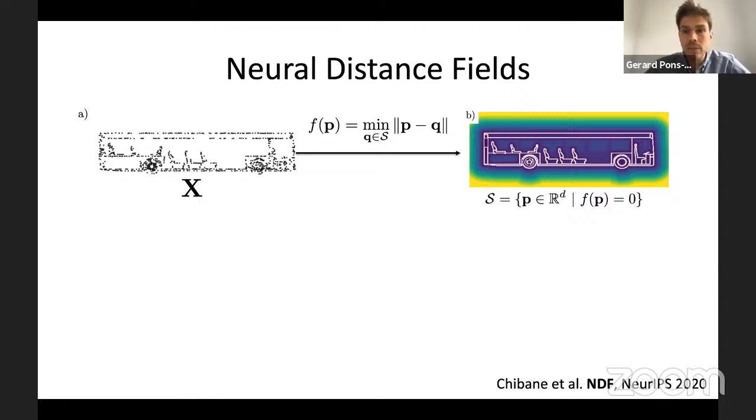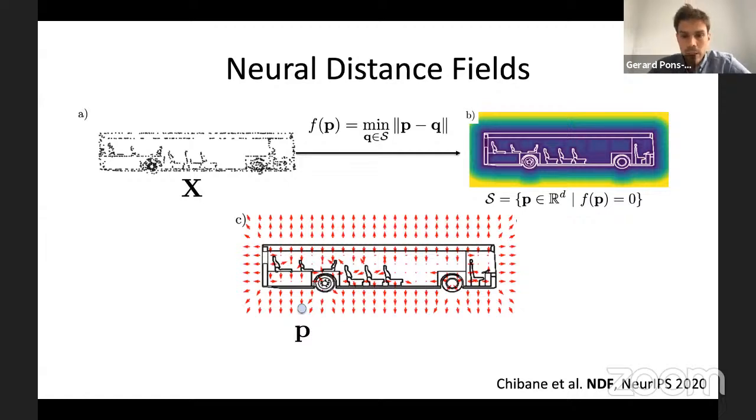Remember that to reconstruct the surface, we need to run marching cubes, and marching cubes requires classifying the points as being inside or outside. And with an unsigned distance, you don't have this. So we need something else. Imagine this is the point cloud X, and we want to reconstruct the white surface, which is the bus with inner structures. So what we can do is, because we have a neural distance field,